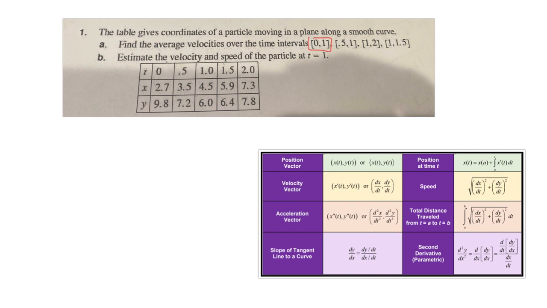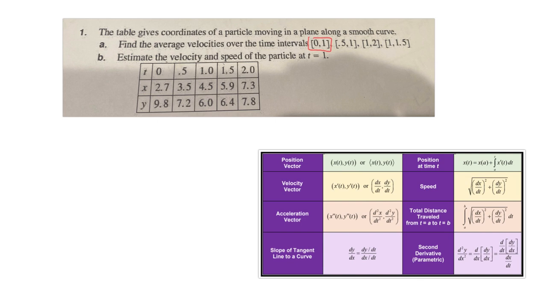And the method really would be just taking advantage of the fact that velocity is really just a change in position over the change in time. So we certainly have the change in time. It goes from 0 seconds to 1 second, which is from here to there. But all we need to do is figure out what is the change in position, and then what is the change in time. So we could do that by finding the average velocity as it pertains to the x